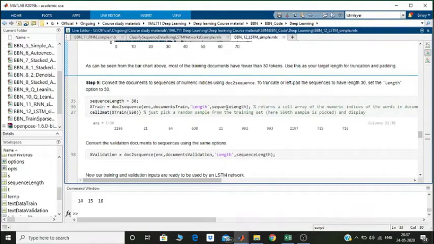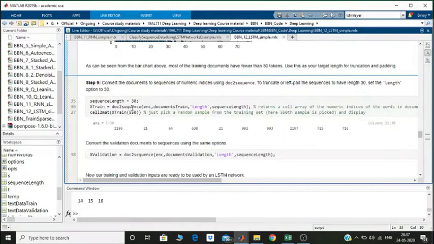Sequence length is set as 30. So even if you have 8 tokens in your document or in that sample, it will zero pad the remaining empty locations to create a sequence of size 30.